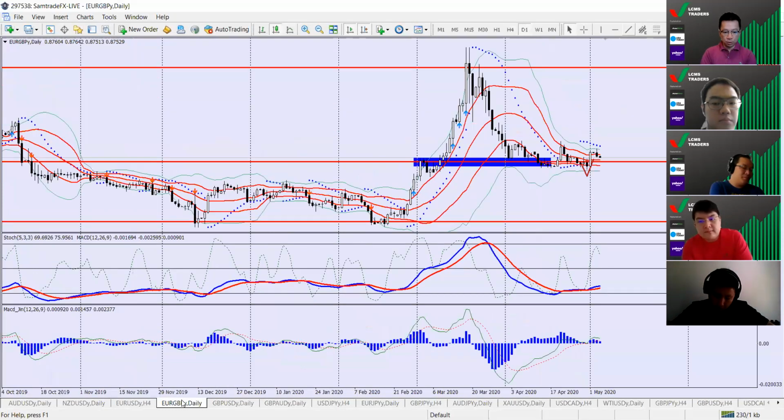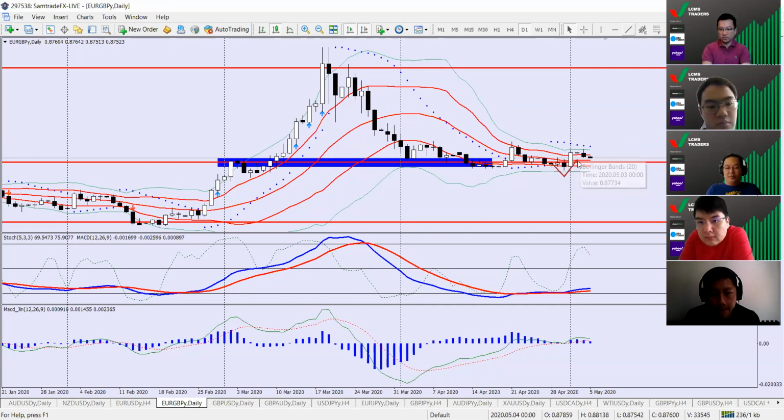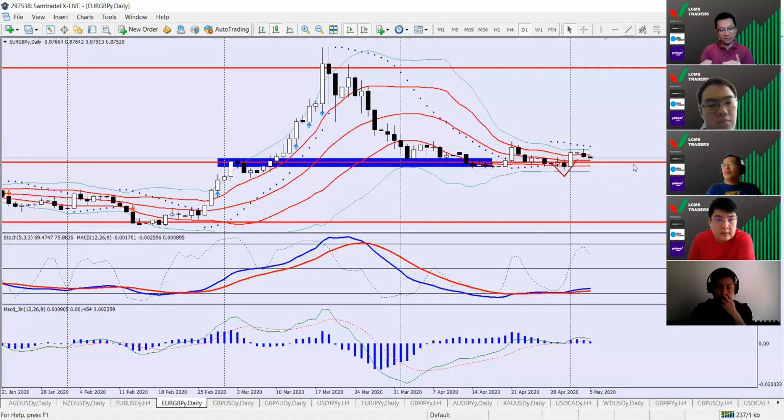Okay, so enough about the euro. I'll jump into the euro pound. Euro pound, I've been saying the same thing week after week. It hasn't changed that much. On the daily time frame, you can see that it's really sitting on that one line across. I could put my thumb and cover all the price action that's moved across. Last week we said that it could come down a bit before going back up. It came down slightly before retesting this resistance again. Now it's testing the support. Resistance turns support, and it's going to be sitting there for a while, right?